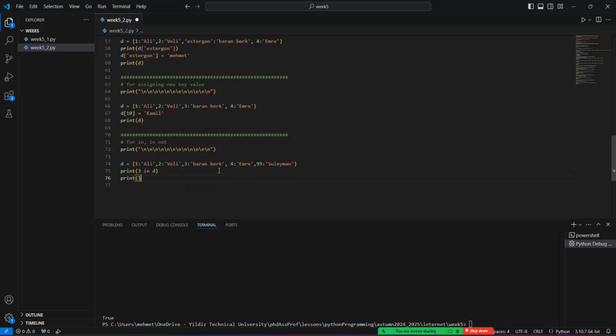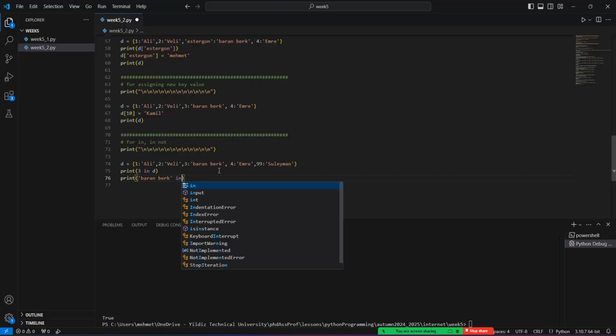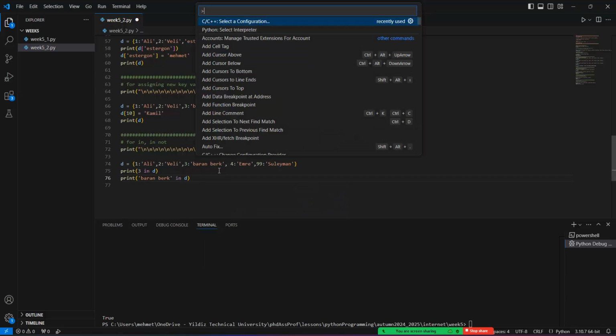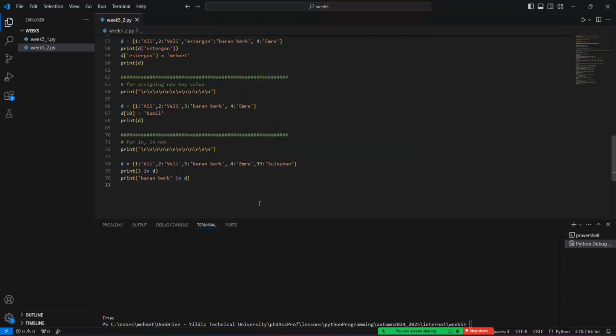Okay, what is next? The Barenberg in D. What's the result of this code? What's the result of this code? No, Baran. We can search only the keys, not the values. Okay? Not the values. Okay. So,